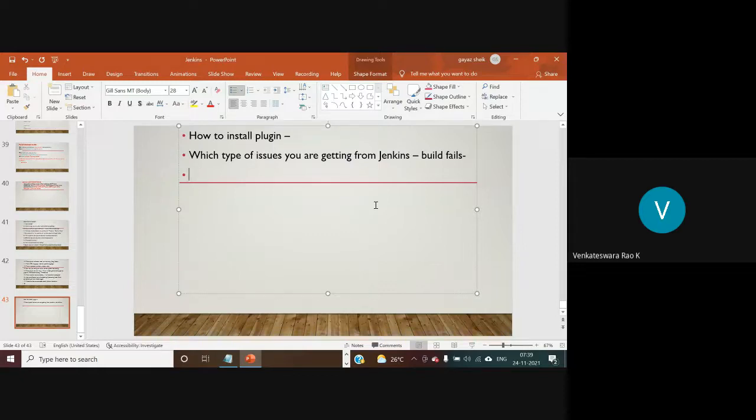Then they will ask about cron job syntax. While scheduling projects, we use cron job syntax. In the interview they will sometimes give some scenario: if I want to trigger my project every 2 hours, how can you provide the cron job syntax?